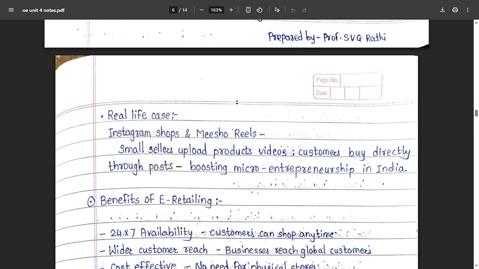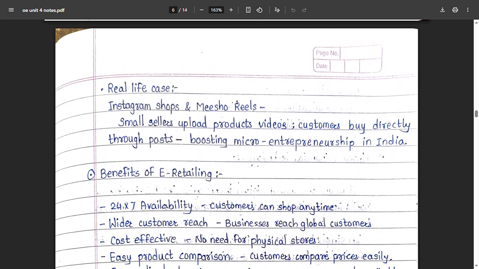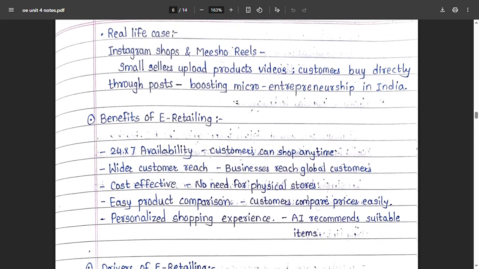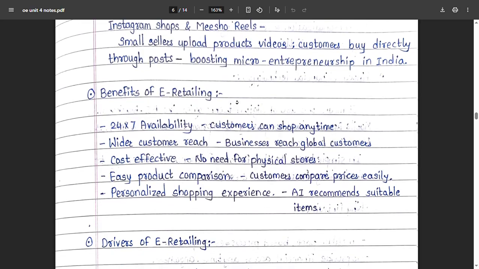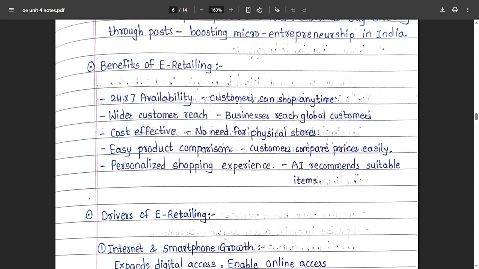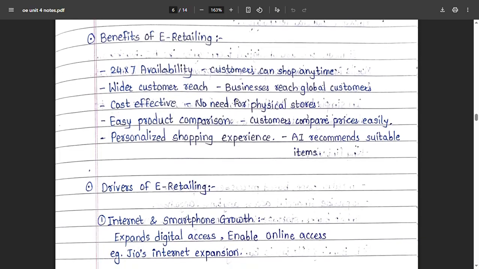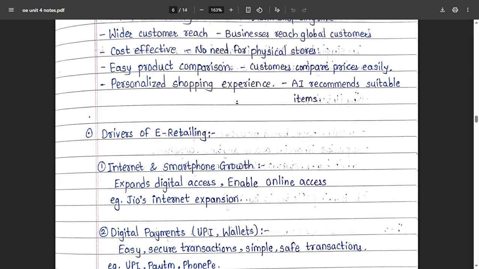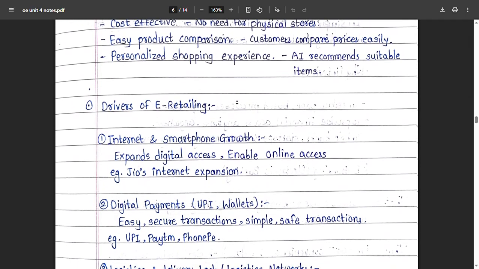So the next one is drivers of e-retailing. The drivers are internet and smartphone growth, digital payments, logistics and delivery tech, social media marketing and influence.